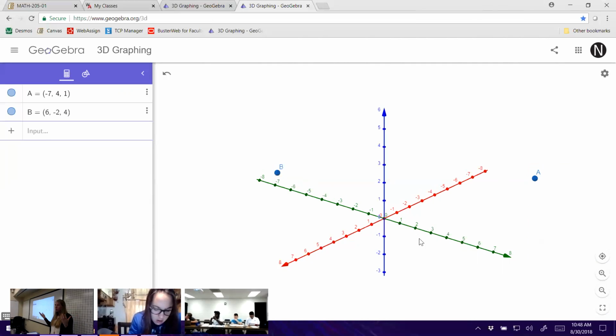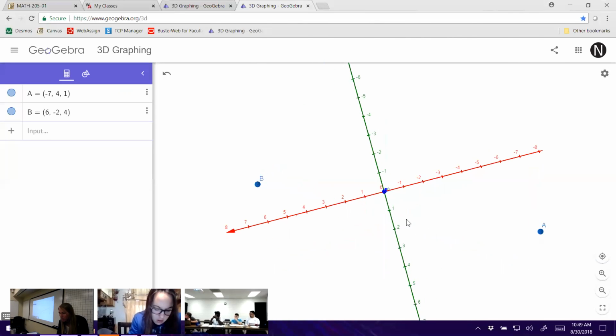Is that the only point in space that's the same distance from both of these? No, we can go off that line a little bit, and we're still going to be able to find a point that's the same distance from both. If I imagine connecting these 2 points, the midpoint is going to be the same distance from both of them. But if I move up around here, I can find a point right here that's the same distance from A and B. But it's still a plane, so it doesn't matter. That's what we're trying to find: that plane. How am I going to find the equation for that plane? Okay,